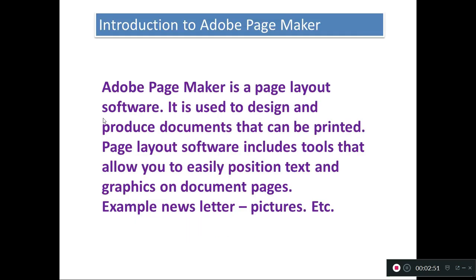Okay. Then I give an introduction to Adobe PageMaker. Adobe PageMaker is page layout software. What is page layout software? If you see a magazine or a newspaper, in Tamil or English, the news is printed. It should be developed in Adobe PageMaker. It is used to design and produce documents that can be printed. Page layout software includes tools that allow you to easily position text and graphics on the document